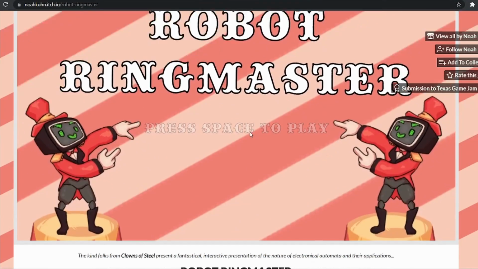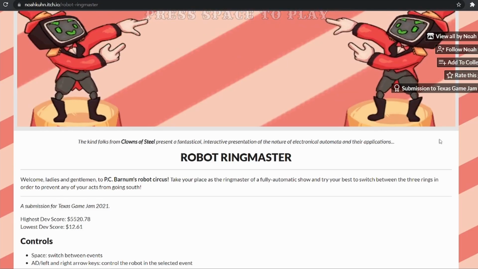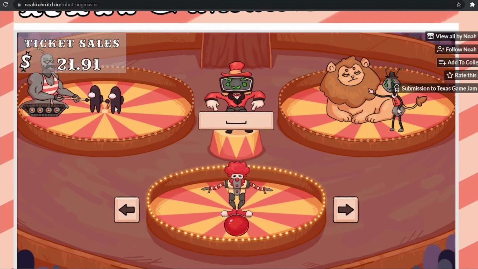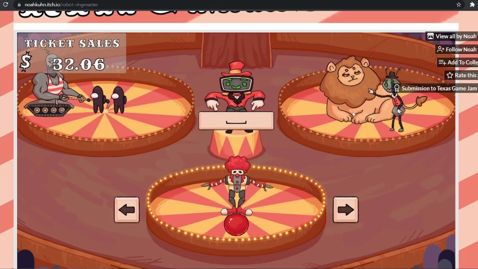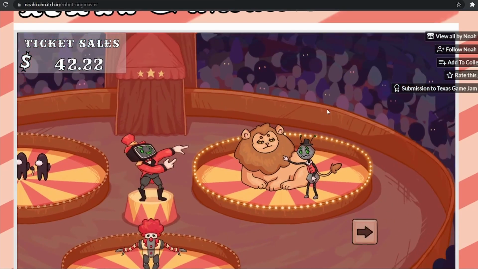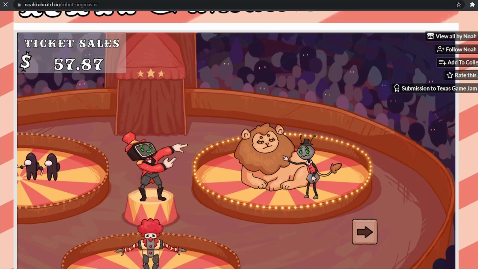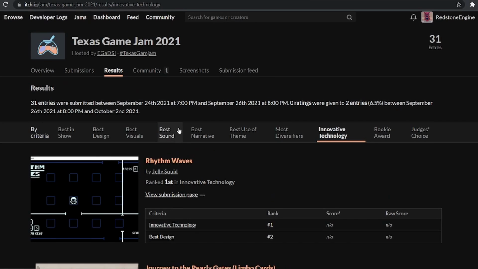guy. So I can quickly, let me click into it, then press space. So yeah, you can see balancing and doing that. So you can see, you can do that. You can press space to go in between them. And so yeah, very cool game. I know that one was a popular one as well.